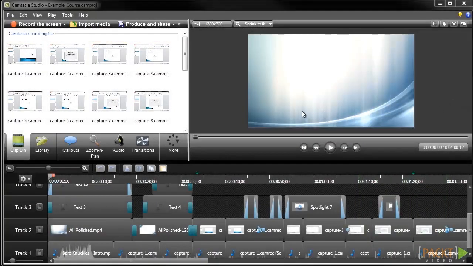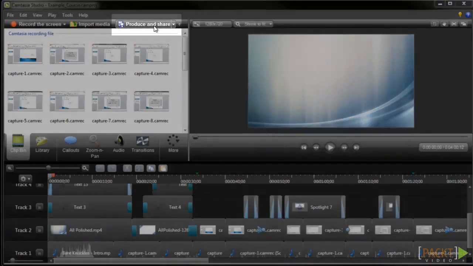Before you can insert your Camtasia video into a Storyline or a Captivate project, you'll need to publish it without the player. There's no need for the player because you won't be able to use it in Storyline or Captivate, and you can add player control options after they've been inserted. So we'll go ahead and publish this video by going to Produce and Share,